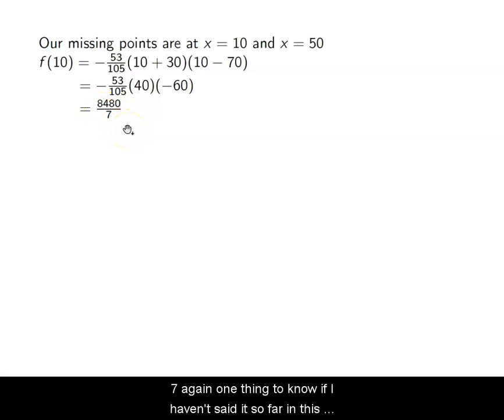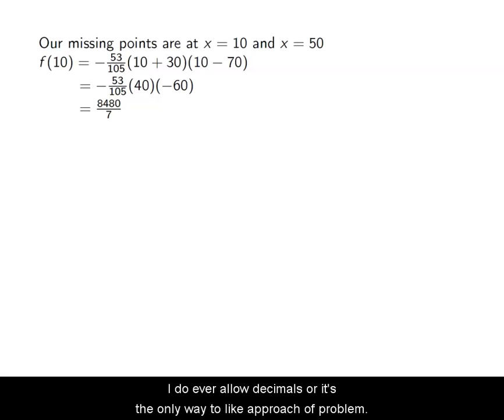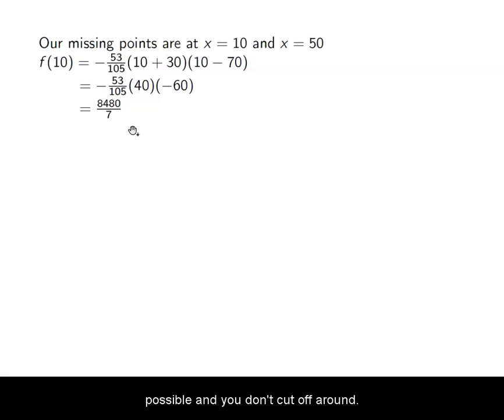Again, one thing to note, if I haven't said it so far in this class, is I do not like decimal approximations, right? In this class, exact values whenever possible. Yeah, this is an ugly fraction, but using the decimal representation means that you have to cut off some information somewhere, which means you lose accuracy. So if I do ever allow decimals, or it's the only way to approach a problem, I generally say keep 4 decimal points of accuracy. But generally you want to use exact values whenever possible, and you don't cut off or round anything until your